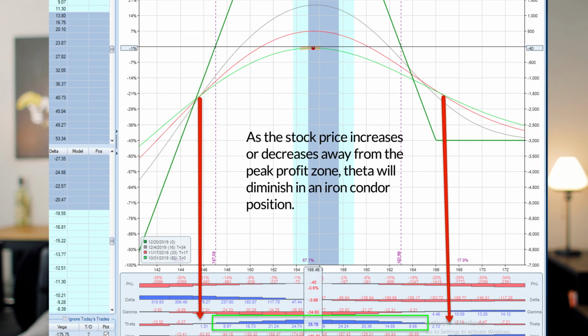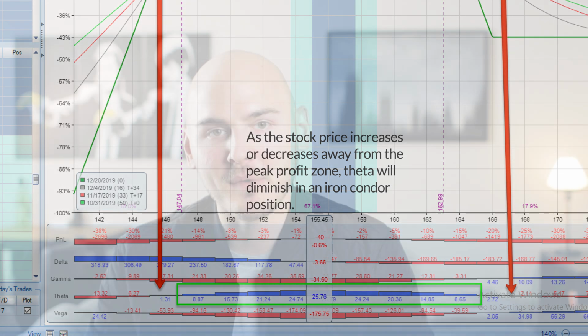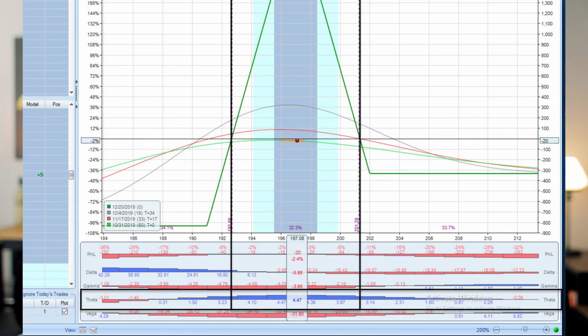That's because as the stock price changes, the stock price will move more in favor of the position or more out of favor of the position, and therefore the expected decay of that position will change based on whether or not the stock price moved further into my profit zone or away from my profit zone for whatever strategy I'm trading. For example, when you're buying a butterfly, the position's theta will typically be highest when the stock price is right at the short strike of the butterfly because that is the peak profit zone of a butterfly strategy,